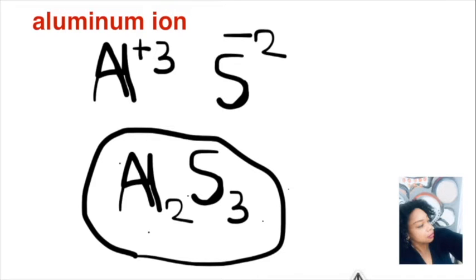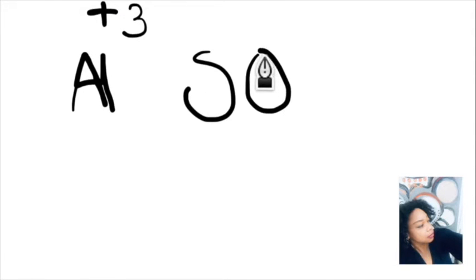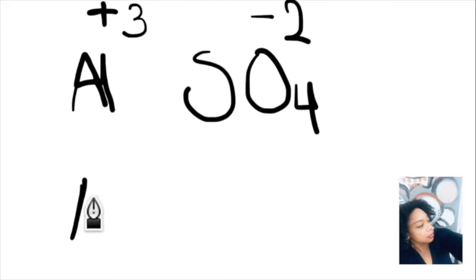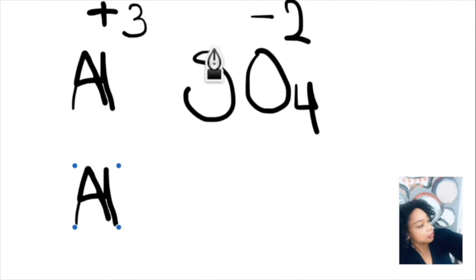We call it aluminum sulfide. Another aluminum which has a +3 charge. Remember that because it's in group 13. SO4 -2 because SO4 is a sulfate. That's called sulfate. So aluminum and the sulfate,